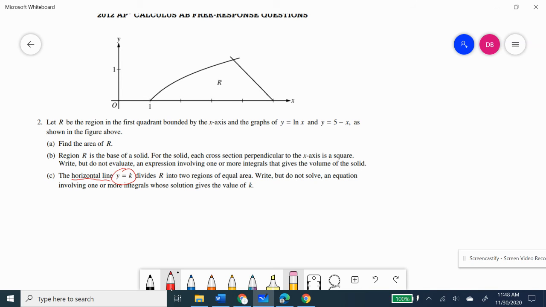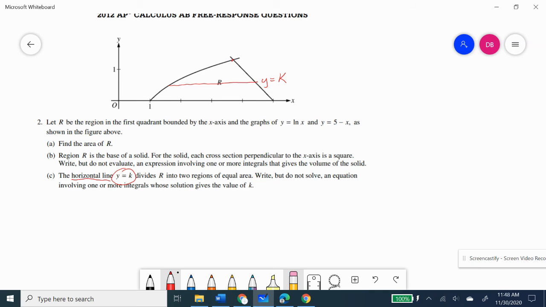So if it is dividing R into two regions of equal area, it has to be somewhere between 0 and the y coordinate of intersection. Let's just call it about there. Equal area. Write but do not solve an equation involving one or more integrals whose solution gives the value of